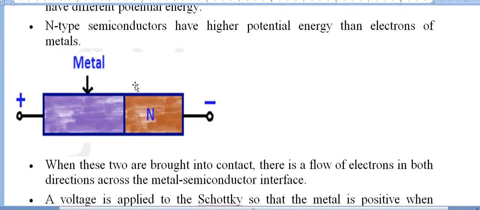Now we can see from this figure, this is one side of metal and the other side is of N-type material. This metal side is connected to the positive terminal and this N-type silicon side is connected to the negative terminal. Because one end is connected with metal and the other end with the N-type material, there will be no depletion layer. No depletion layer means there will be no charge storage, and if there is no charge storage, then that problem is going to be sorted out.